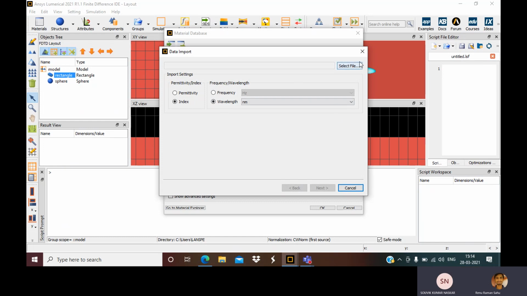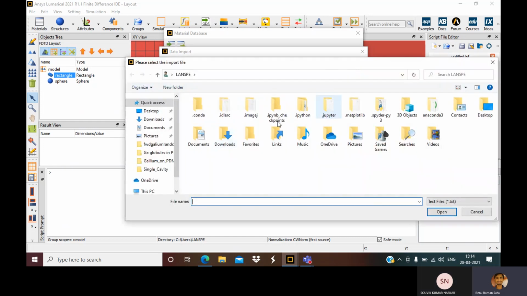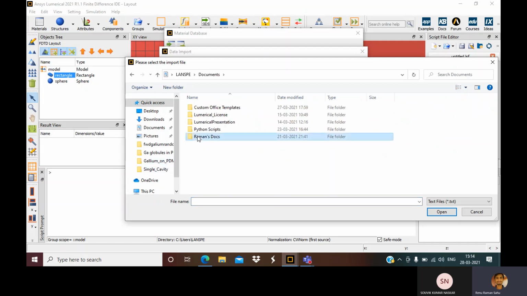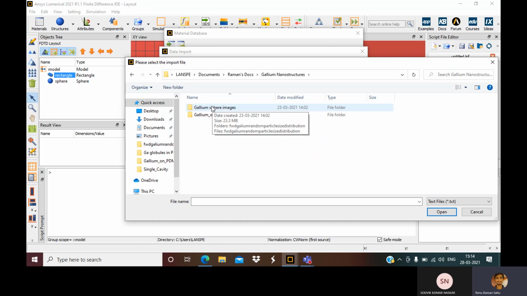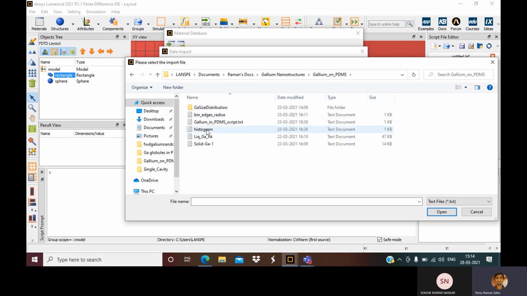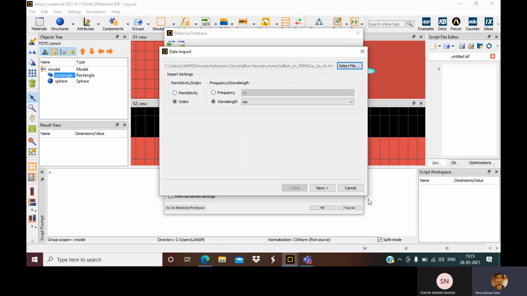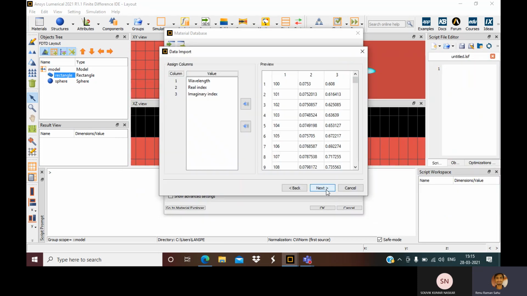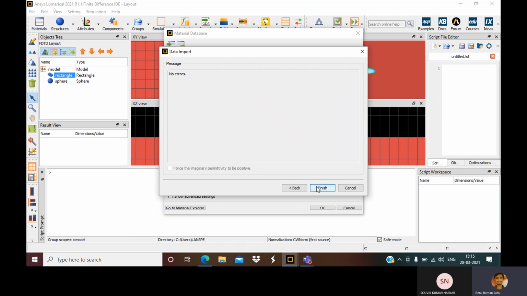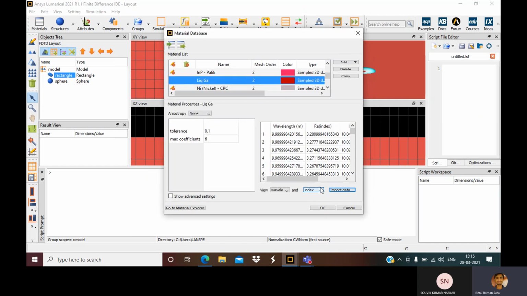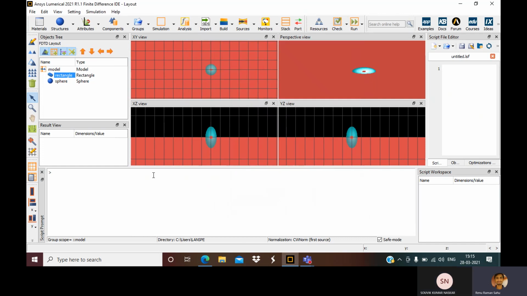Now select file and just add that file, the gallium doc. Click next, then next again, then finish it up. Now we have the database.